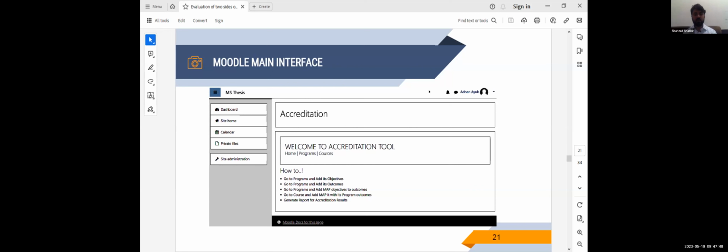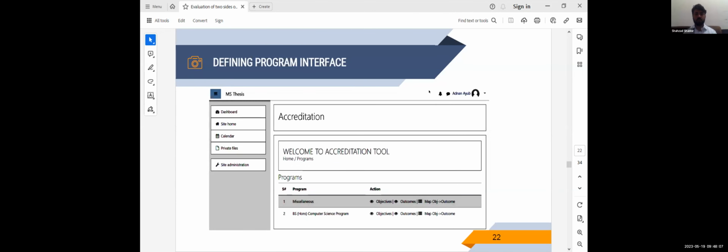And like we have the program, we have some courses related to that program. As I am talking about the BS computer science, we have introduction to computer science and object oriented programming. So these are some courses. These courses are also mapped to the outcomes, and we generate the reports. So how this process works: here you can see that we have a course, we have objectives. By clicking on this objective, we can add the objective, and then outcomes, and then we can map.